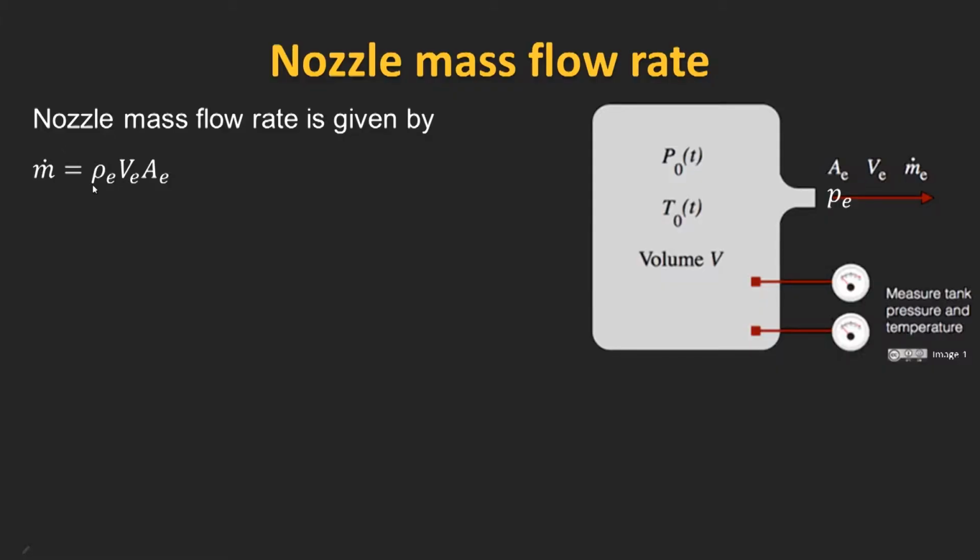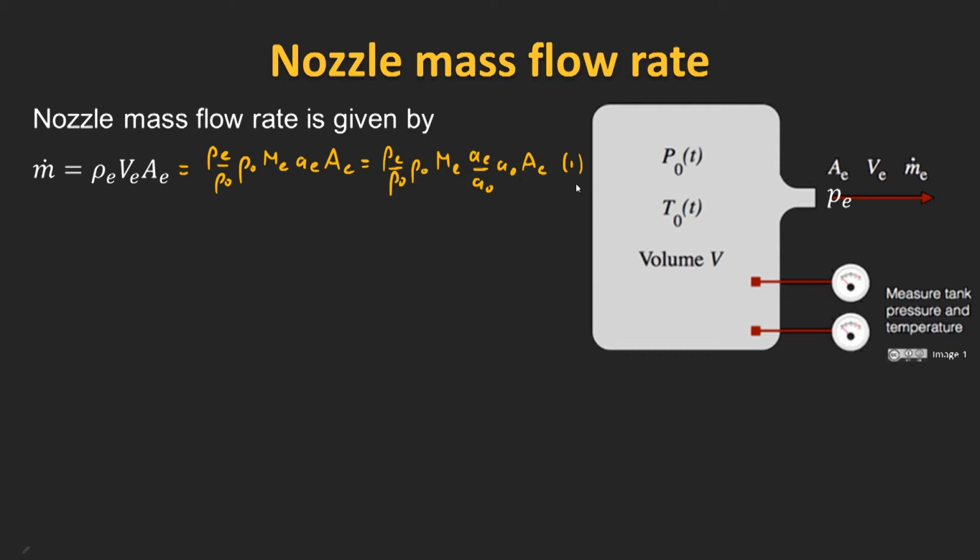The mass flow rate is given by the product of the density, velocity, and area at the exit of our converging nozzle. We want to express this in terms of the stagnation conditions in the reservoir and the exit pressure PE. To do this, we first multiply and divide by the stagnation density ρ0 and use the fact that the velocity is equal to the product of the exit Mach number and the sound speed. We're then going to further multiply and divide by the stagnation sound speed. So this becomes exit Mach number times AE over A0 times A0 multiplied by our exit area,